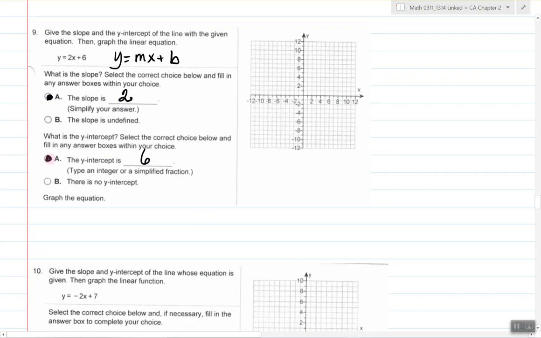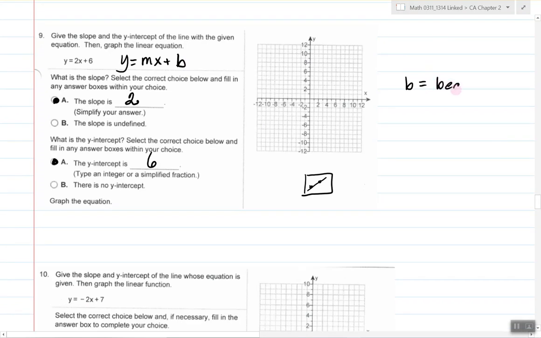Now it says to graph it. You will choose the tool that looks like a line with 2 points on it, and you will start with the y-intercept. This is how I remind people. B, in y equals mx plus b, stands for where you begin on the y-axis. M stands for move, which is how you move in a rise over a run from that